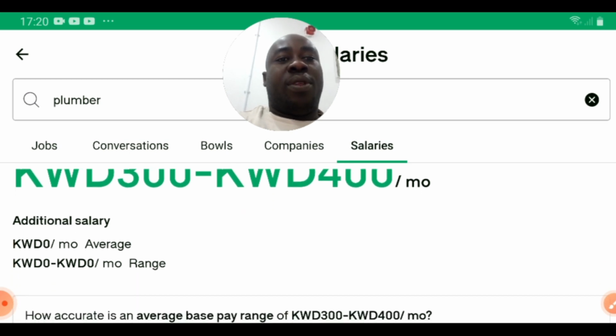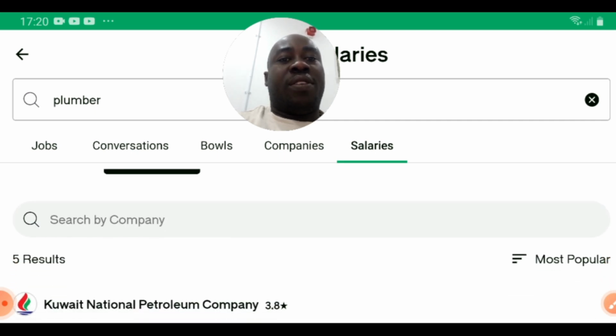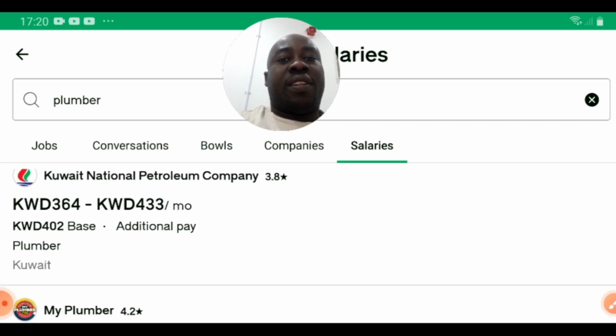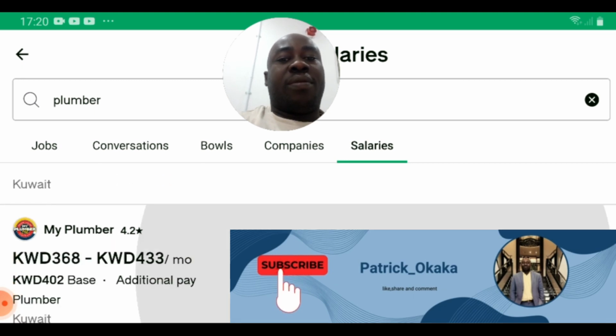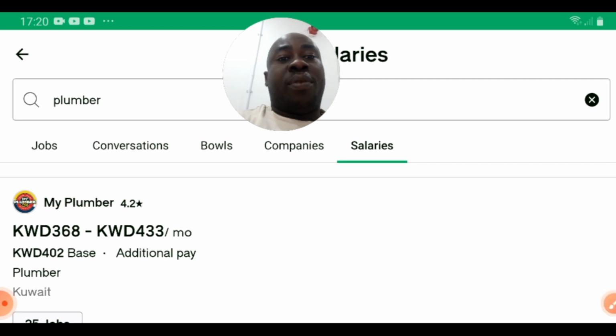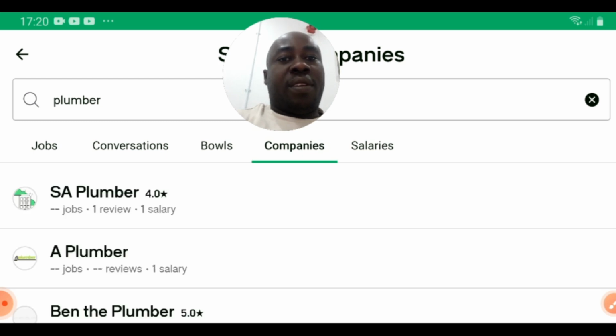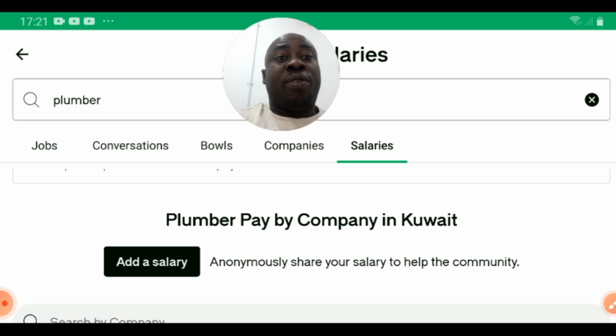Now, you can calculate that and see how much it is in your country of origin in accordance with the rate at that particular time. So you can actually do a lot of things on this app. Apart from checking on the salaries, you can check on the companies that offer those jobs, plumbing jobs. So finally, before you apply for any job, have a taste of what to expect as a salary range before you go to any other person and tell them that you need this kind of job, or before you set